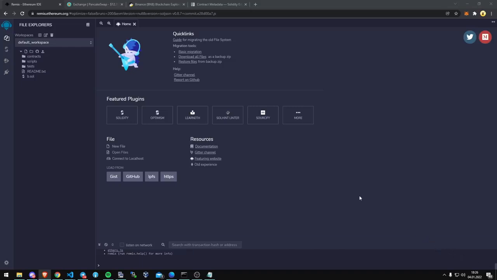Today I'm going to be going over deploying a front-running bot on PancakeSwap with a wrapped BNB pair. Okay, so if you just follow the description of the video as far as downloading MetaMask and also funding it, make sure that it's connected to the Binance Smart Chain and that it's about halfway there. Then you just follow over to Remix, which is the window I'm started on right now,